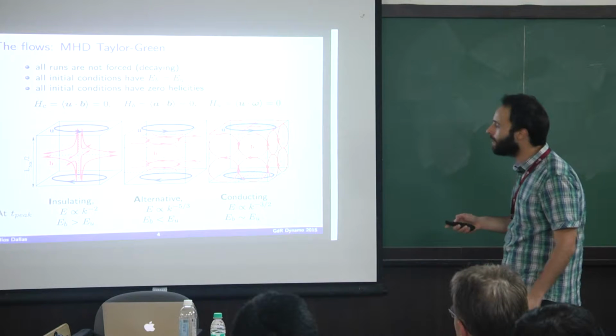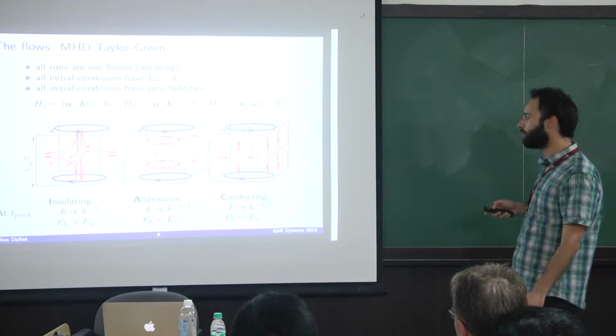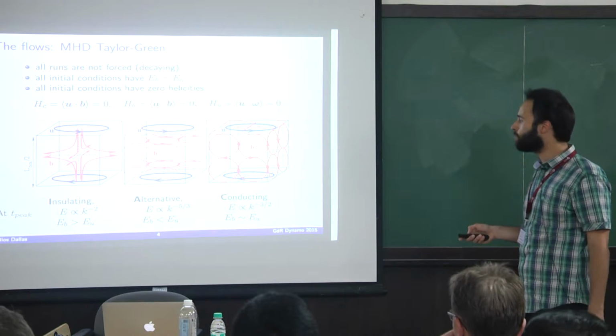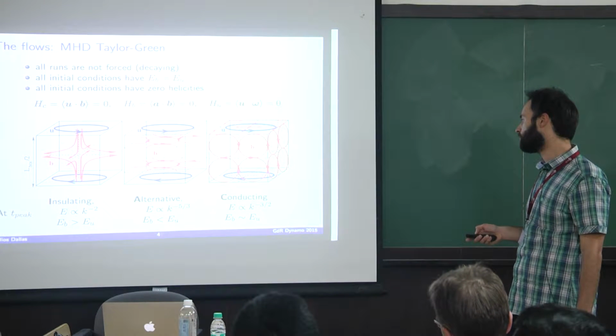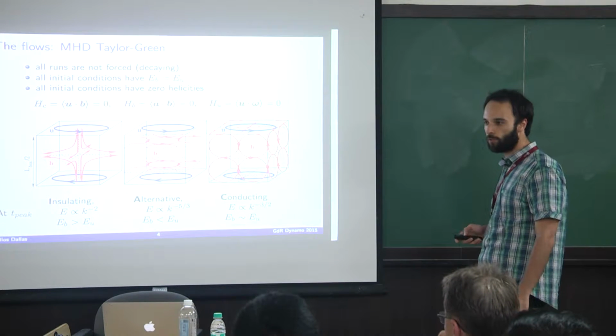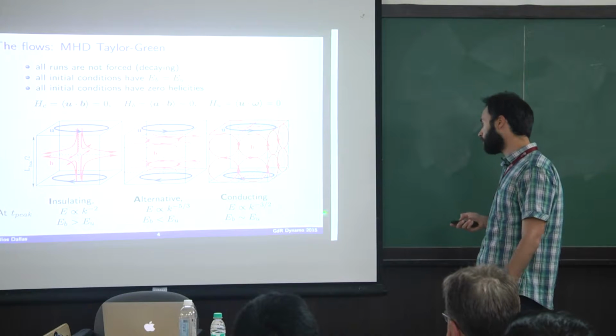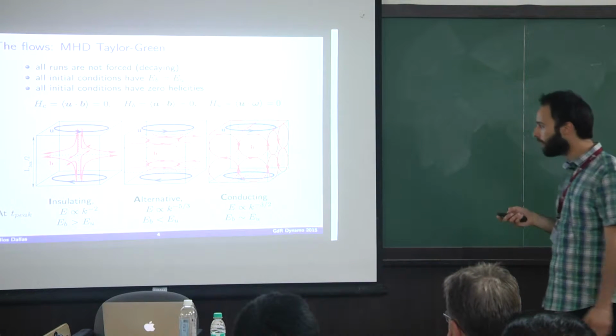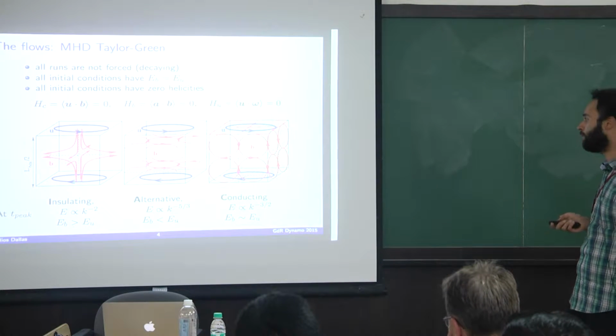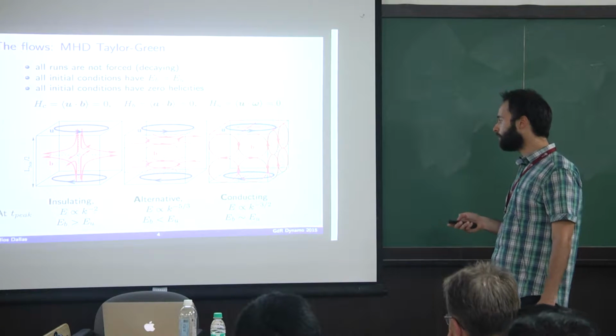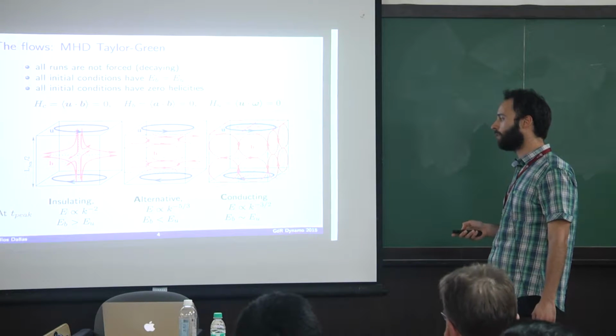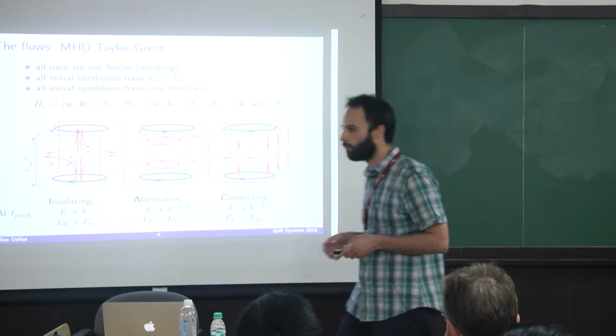For the alternative insulating case, again, the current is parallel to the faces. They observed the k^-5/3 spectrum, and the magnetic energy was less than the kinetic. And finally, for the conducting case, where basically the current is perpendicular to the faces, they observed the k^-3/2 spectrum, and there the magnetic and kinetic energies were of the same order.